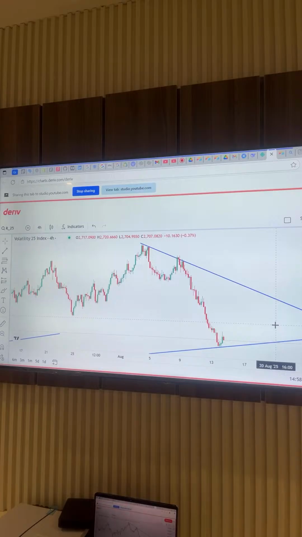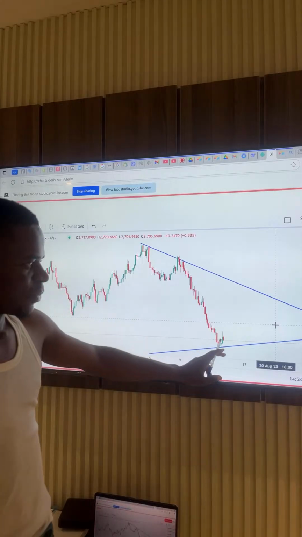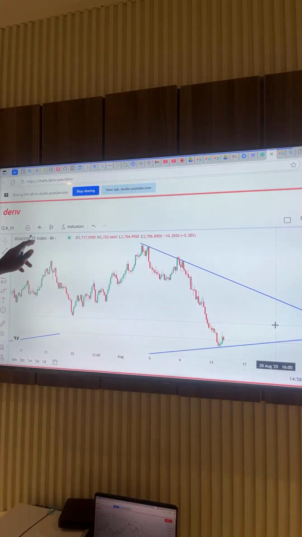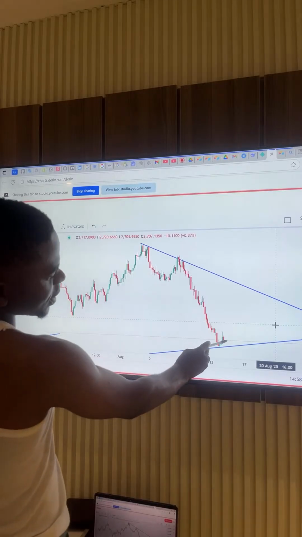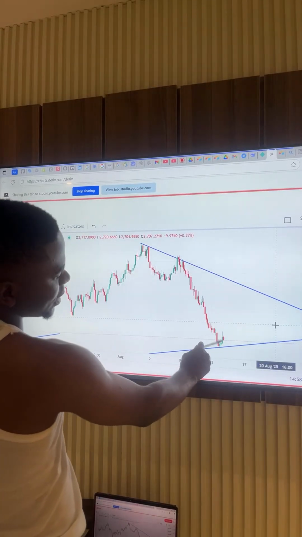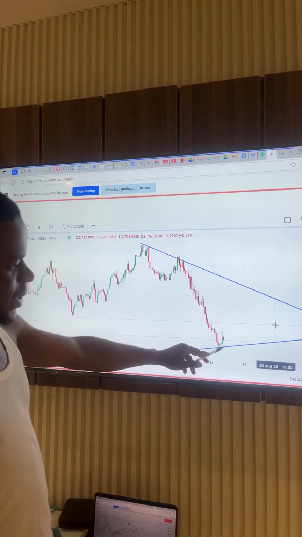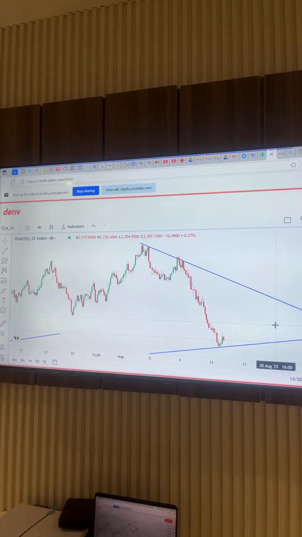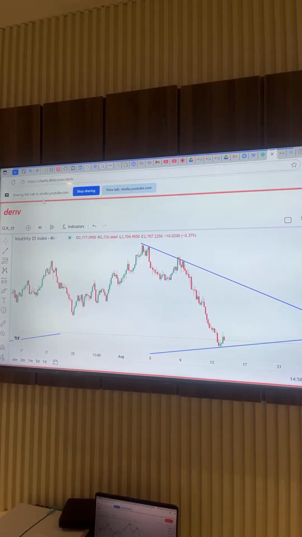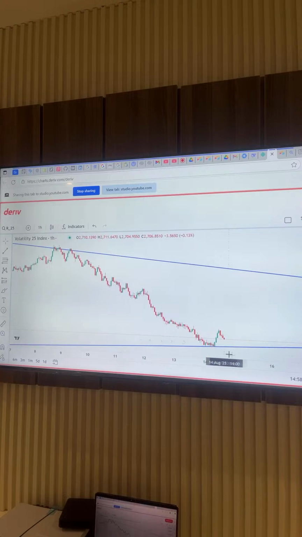To ensure that this will give us a clear buy, we have to reduce it to a 1 hour time frame. Because if you check on the 4 hour time frame now, this is giving us a very red, or let's say bearish signal. But I won't take this as a threat, I will take it as a little confirmation to check the 1 hour or 30 minutes time frame. So let's move on as we go back to the 1 hour time frame now. Yes, on the 1 hour time frame,